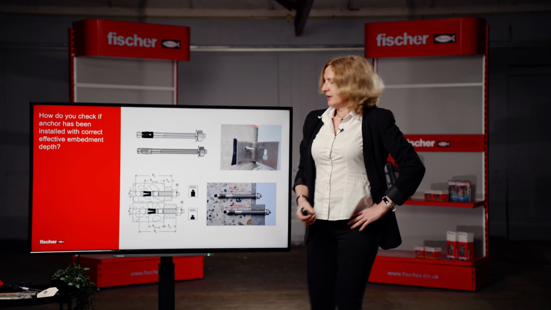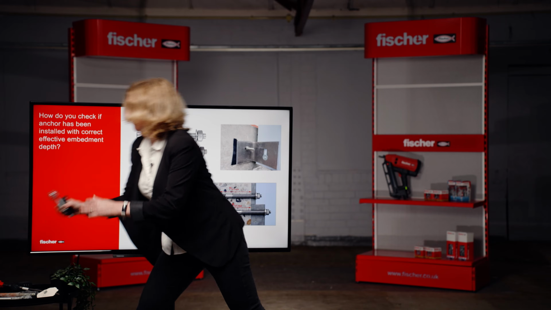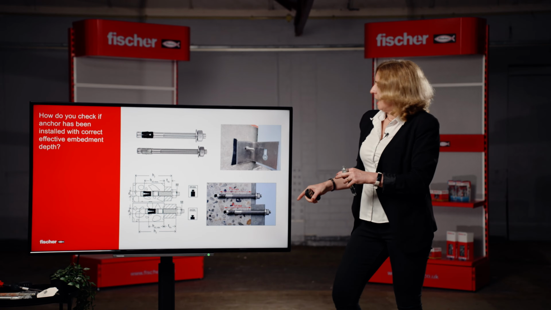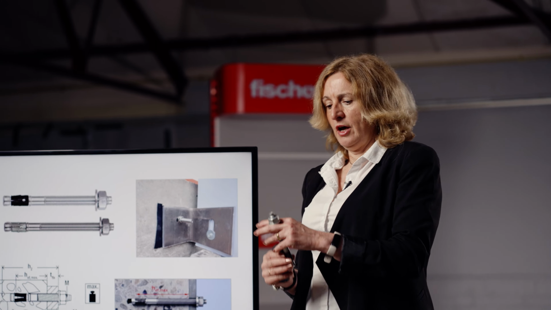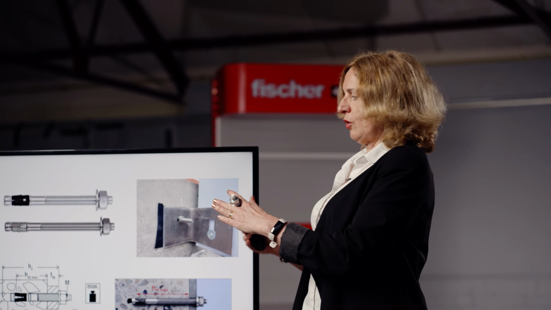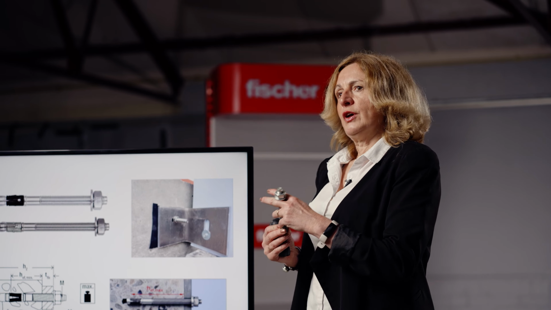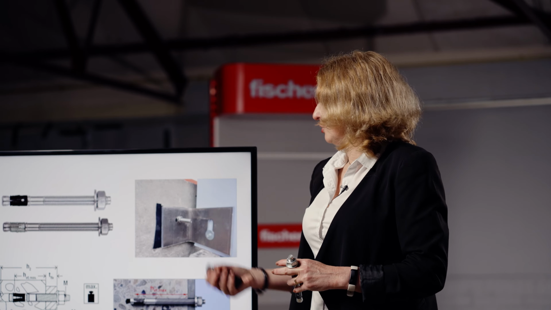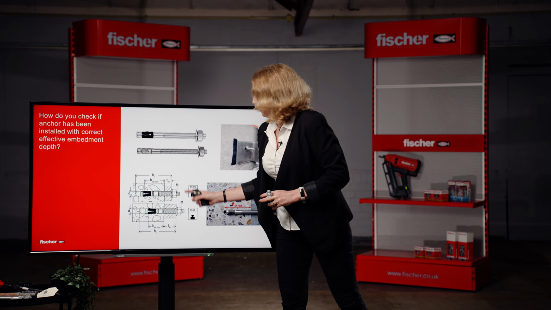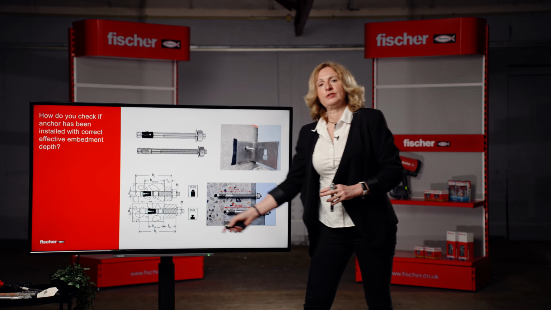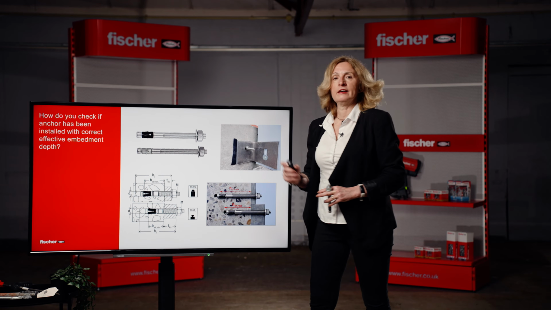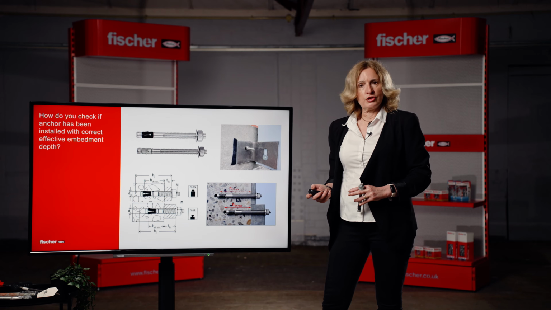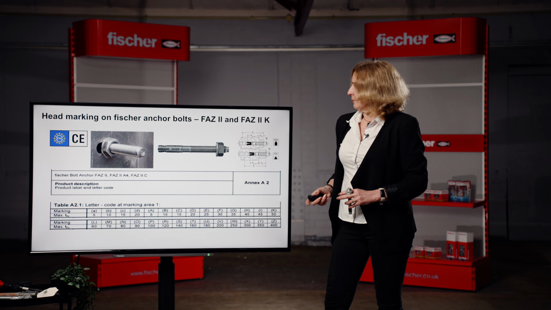Now question, if you install the fixing and you see this detail, how do you check what is the actual embedment in that concrete? Because as soon as the fixing is installed, you can't take it out. So if you want to refer back and double check what embedment depth is on the actual application and calculate backwards what is the design resistance of that anchor, you can actually check it afterwards, because when you look at